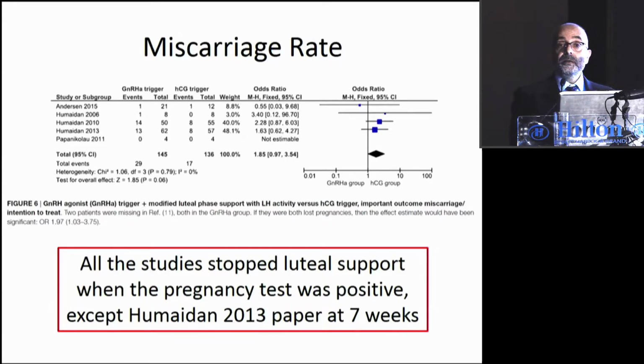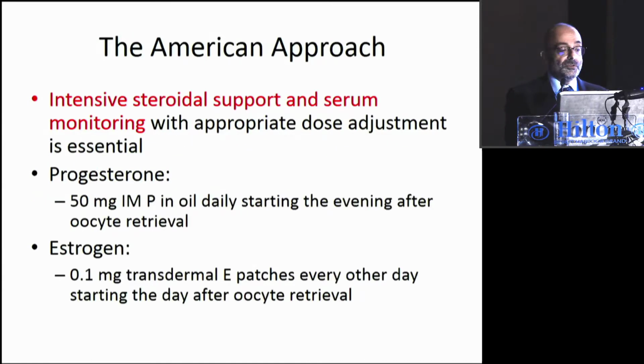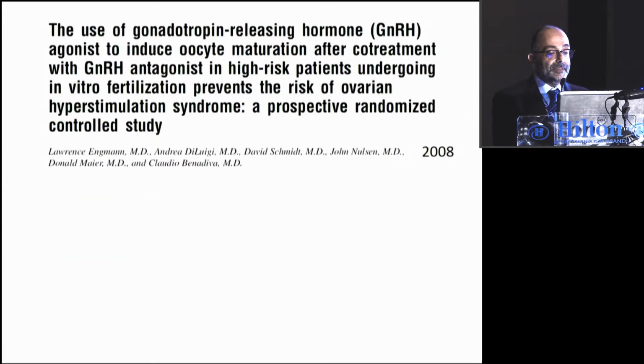The American approach completely ignores the corpus luteum. It doesn't exist for them. Instead, they give huge doses of progesterone and estrogen. The recommended doses are 50 milligram IM progesterone on a daily basis and estrogen 0.1 milligram transdermal patches every other day. And this was based on a study back in 2008 by Engmann